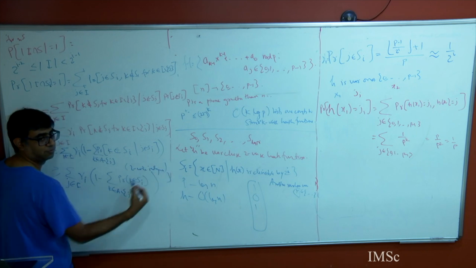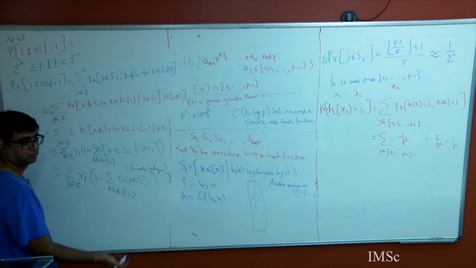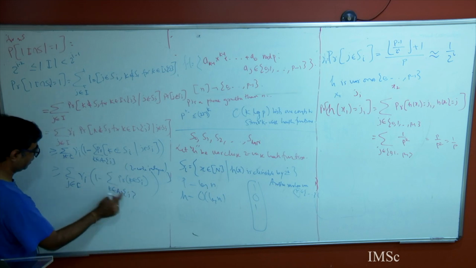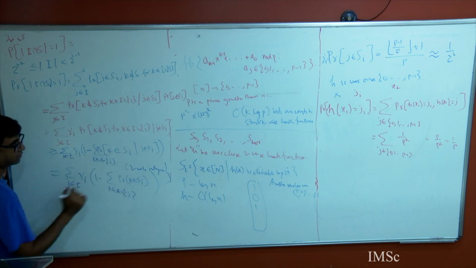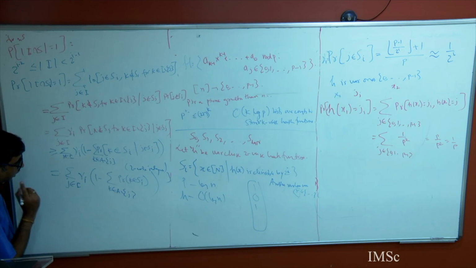This is the only place where I'm going to use two-wise independence. Otherwise, what is the point of using two-wise independence? I would have just used one-wise independence. So I can write from here to here. This is actually equality. There's nothing lost from here to here. This is equality because of two-wise independence. Okay. Now,